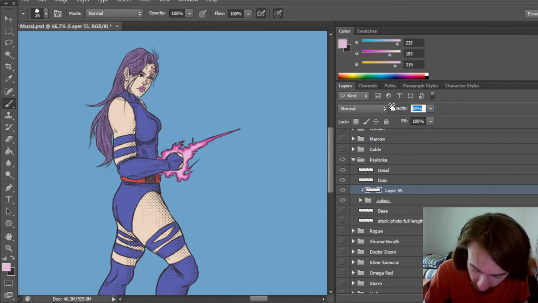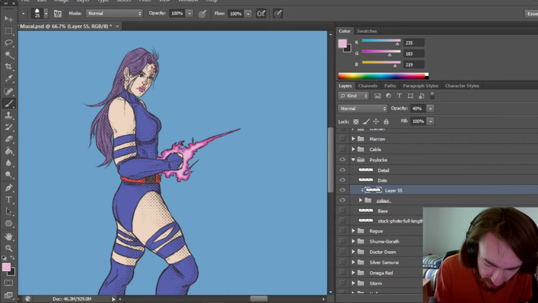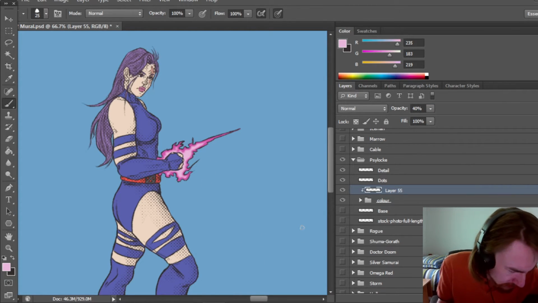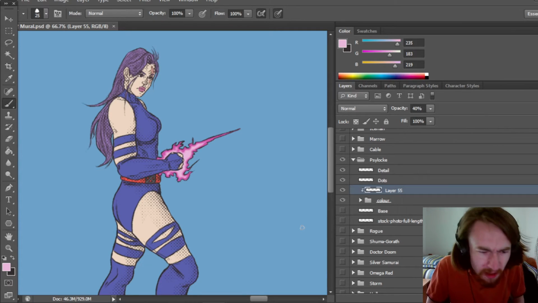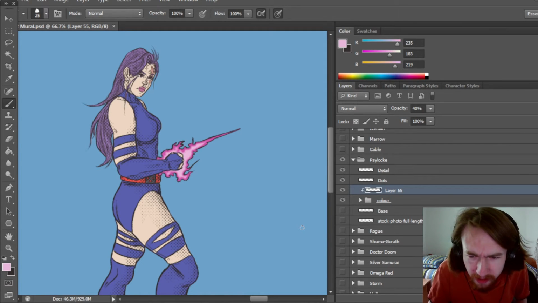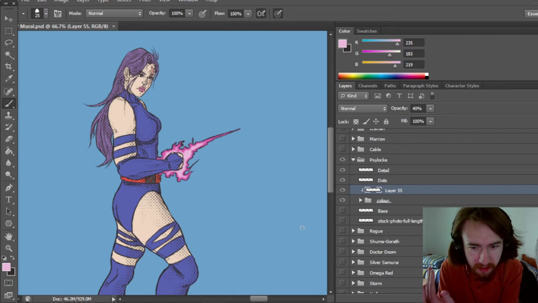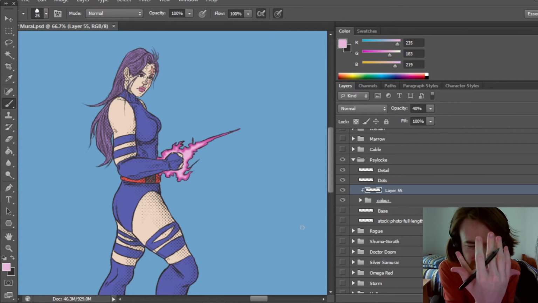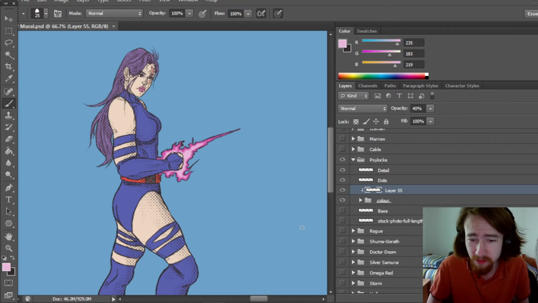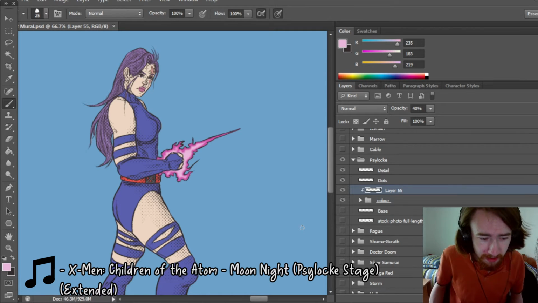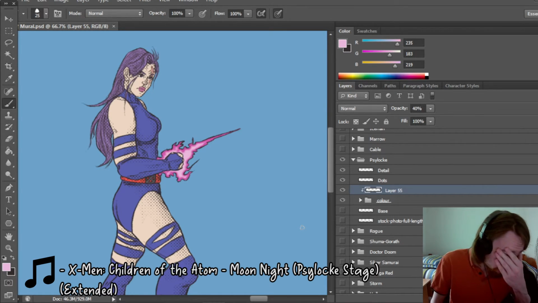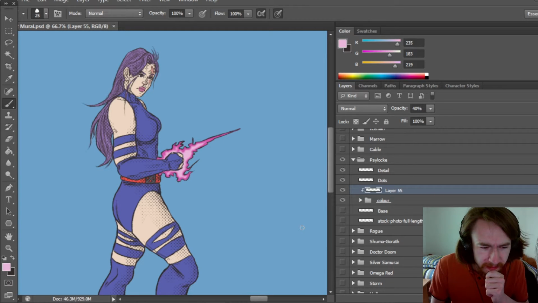Okay, so we've done our colours. I had to do a whole bunch of little tweaks there to make the kind of energy here look okay, because it's kind of a funny effect. Because the way the effect looks in a lot of the art I'm looking at here is it varies between just being the one solid colour that kind of overlaps the hand, and to then being completely underneath the hand as being a separate thing entirely that just kind of sits around back here. I'm trying for some reason to demonstrate this with my hands, even though it's not going to work. But yeah, it kind of works as being that energy.